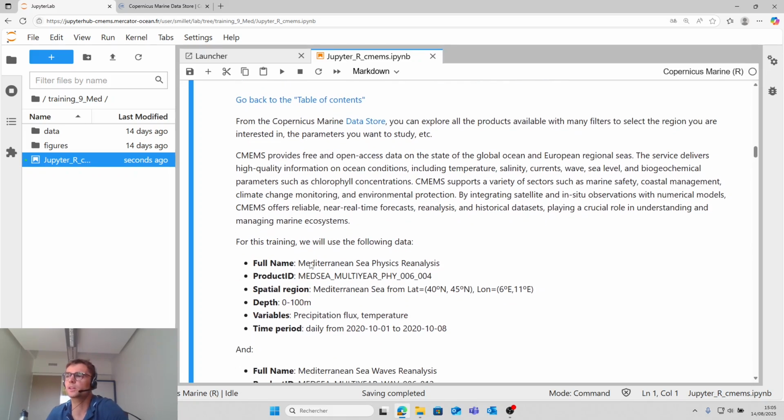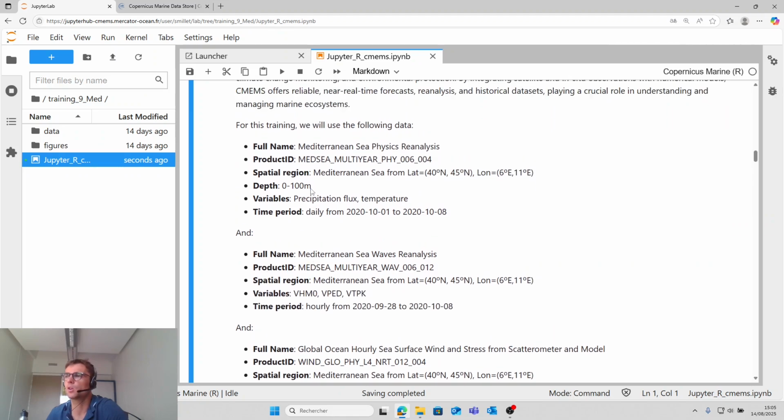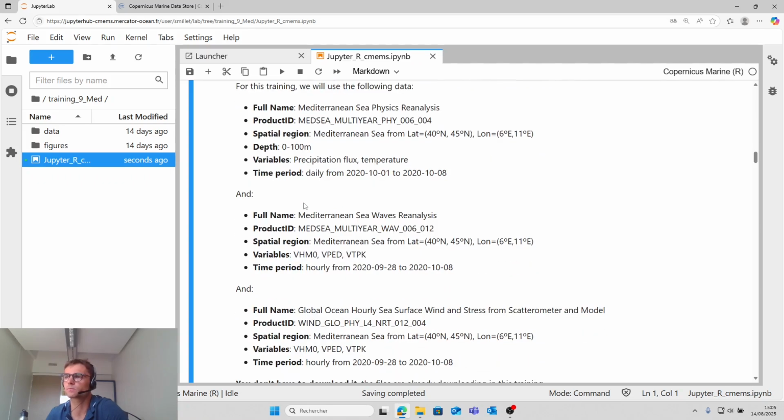For this training, we will use three different datasets. The first is the sea physics reanalysis in the Mediterranean Sea between the surface and 100 meters, for temperature and precipitation flow.